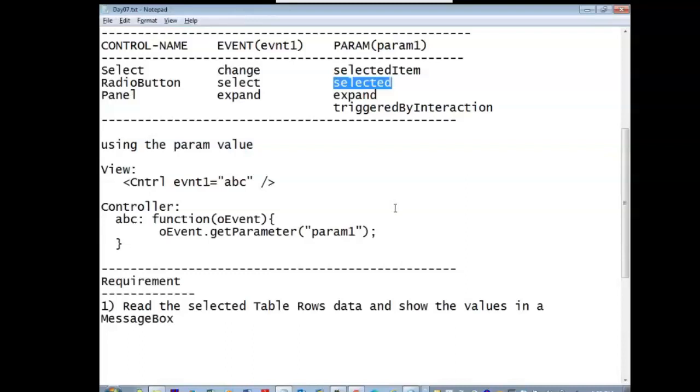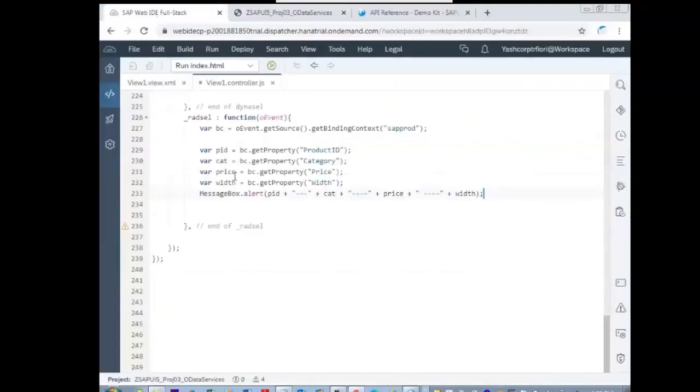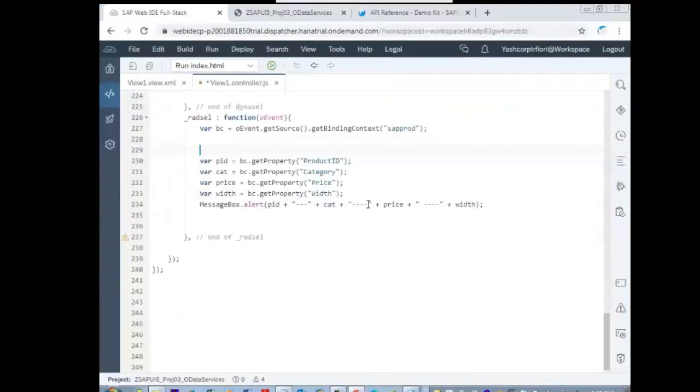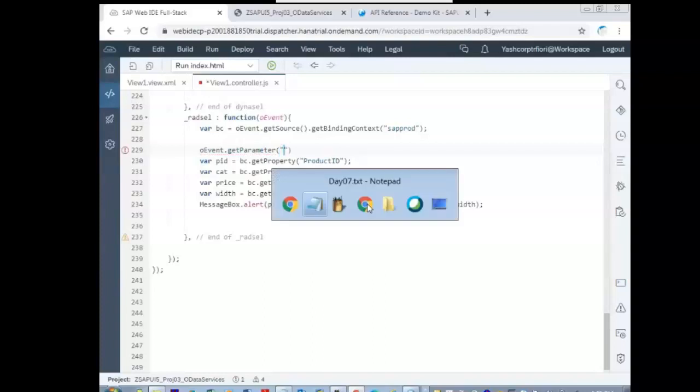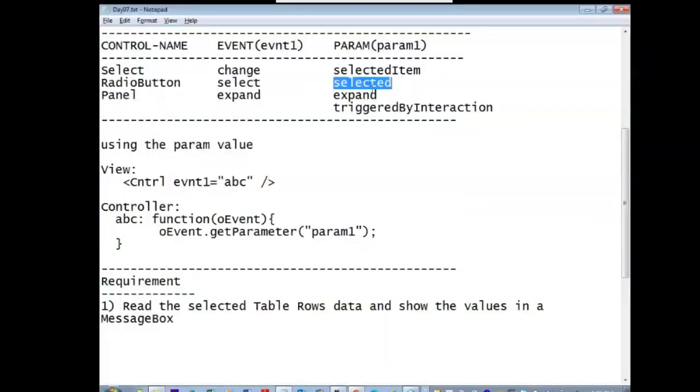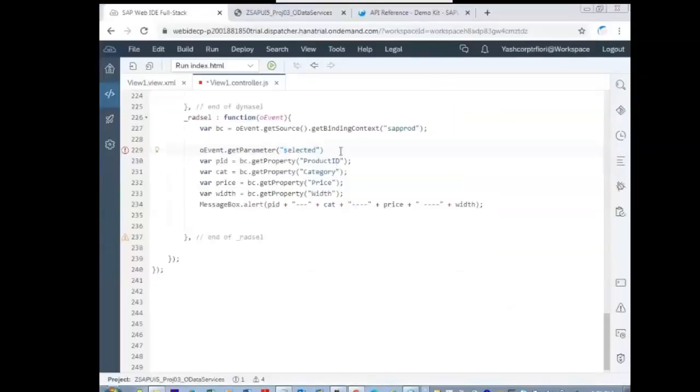Okay. oEvent.getParameter of the radio button's param value, selected. So when it is selected, this returns true. Listen carefully here.